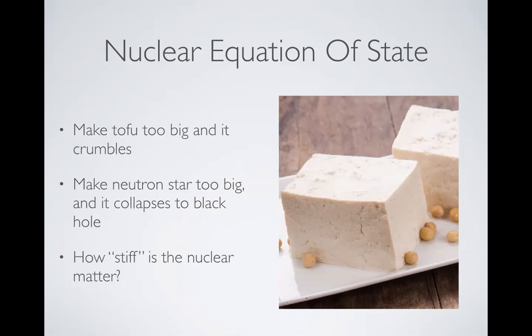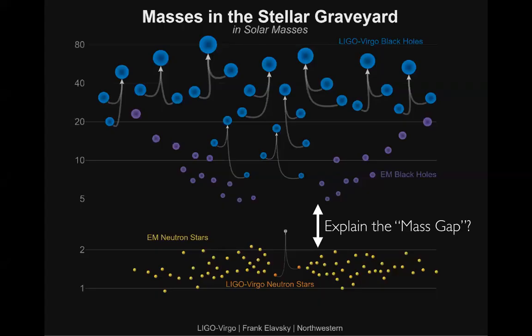Maybe some of the less massive neutron stars are really just neutrons, but if they're more massive, then maybe there's enough gravitational pressure that makes them collapse and turn into strange matter. And we do know that if it's massive enough, it's not going to be stiff enough to prevent that collapse, and it'll collapse into a black hole. So the question that we don't know is how stiff is the nuclear matter. People are trying to make predictions theoretically, but we don't have good observations.